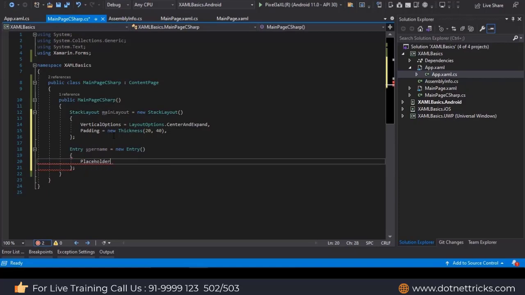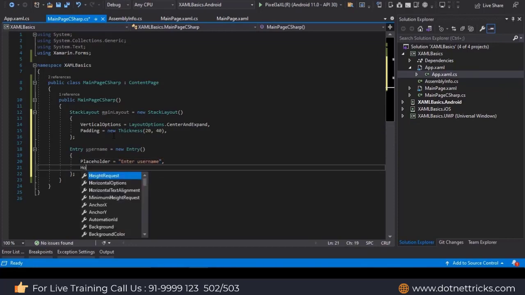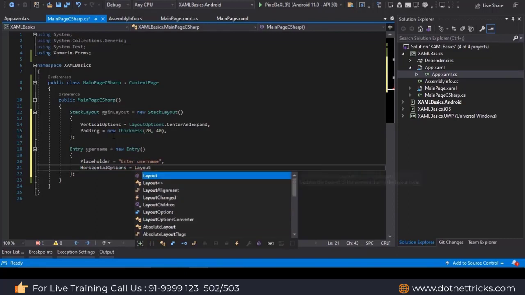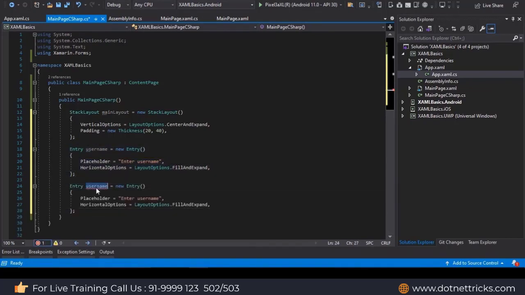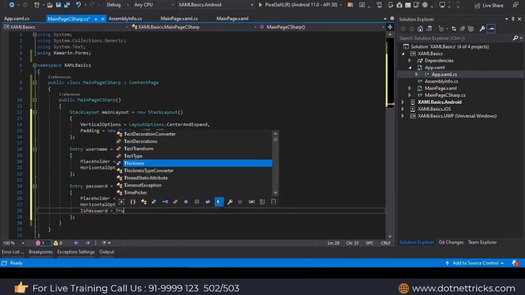and that should have a placeholder of Enter username, and HorizontalOptions, which is LayoutOptions.FillAndExpand. So let's use the same instance and rename this to password, and this has to be Enter password, and you need one other property, IsPassword, to be set as true.